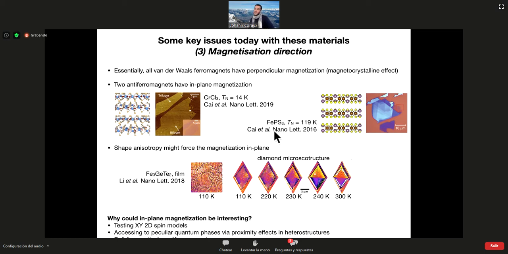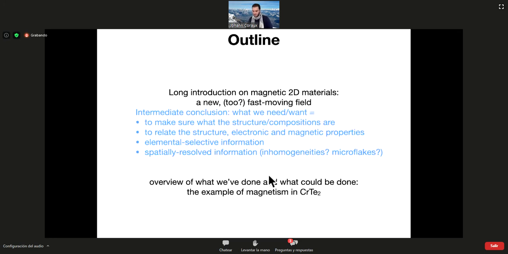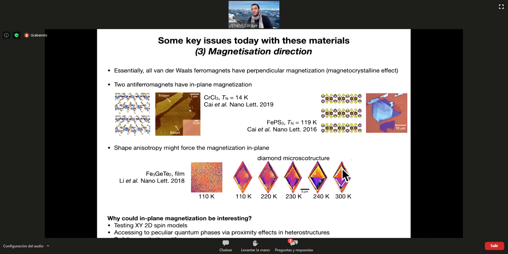And I already mentioned in the previous slide that if you shape the materials in a given configuration, then these films here, which naturally would otherwise have a perpendicular magnetization, have the magnetization going into the plane of the sample, and they form, as you can see here, some kind of flux closure patterns. By the way, these were measured at a synchrotron, I think in the US, with a combination of X-ray magnetic circular dichroism and photoemission electron microscopy. And I will actually come back to that because this is one of the tools we have used to address our